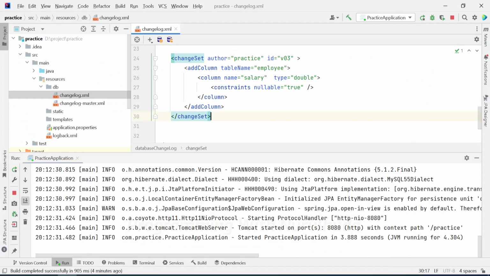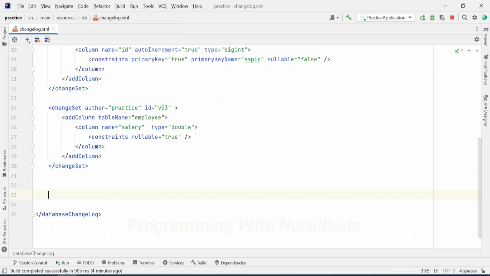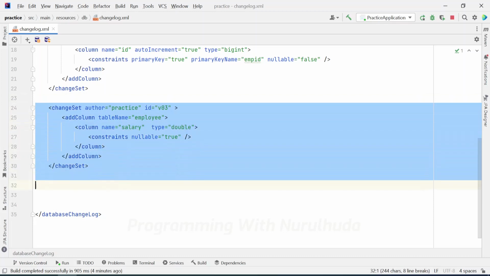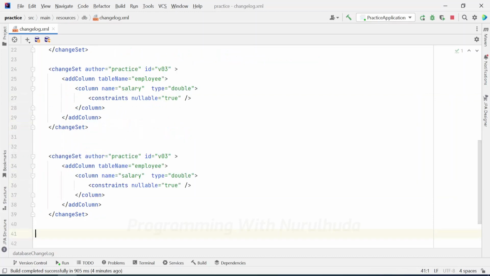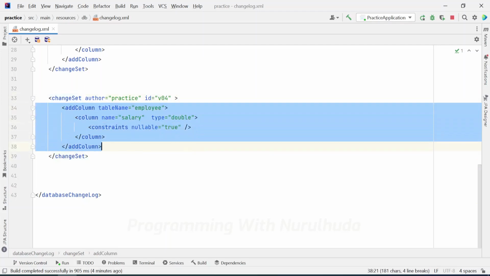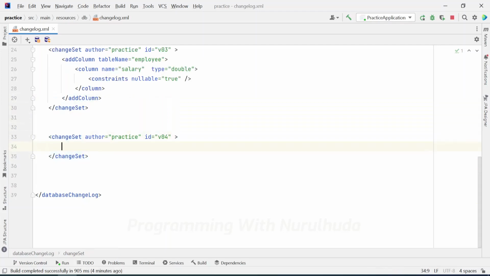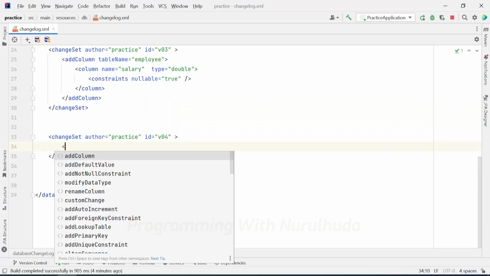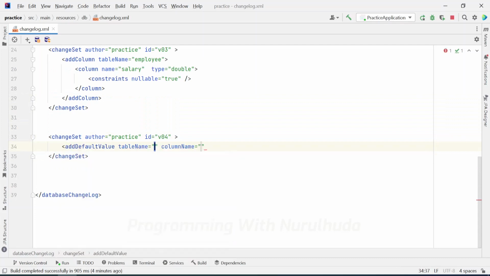For that, we can add the default value by XML. So again we can create XML configuration for the salary, and for default value we can add one tag as a default value. Add table name is employee,